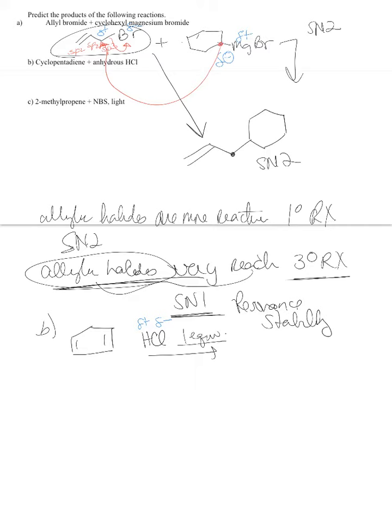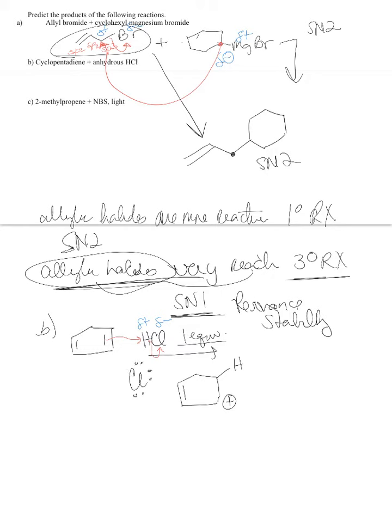It's not specified, but we're just going to do one equivalence. So we do electrophilic addition. So these electrons here are going to go after the proton, because HCl is a nice acid, right? And then you put the proton there, you generate a carbocation